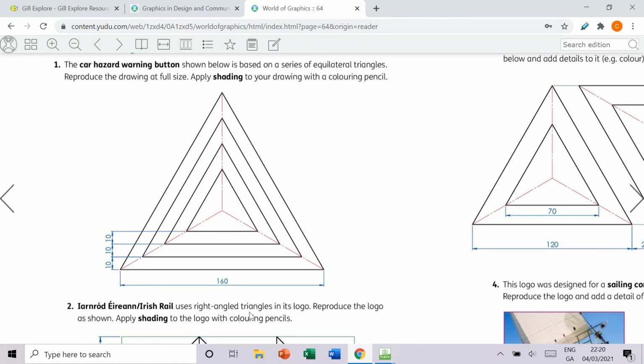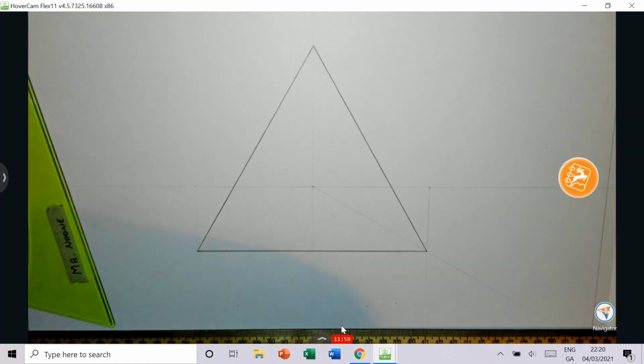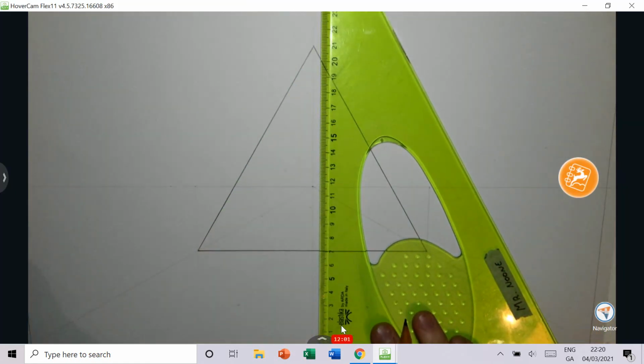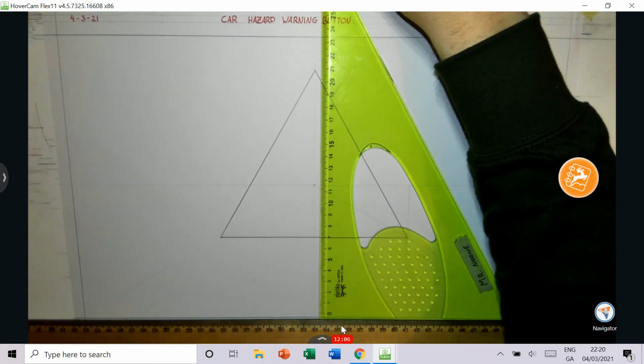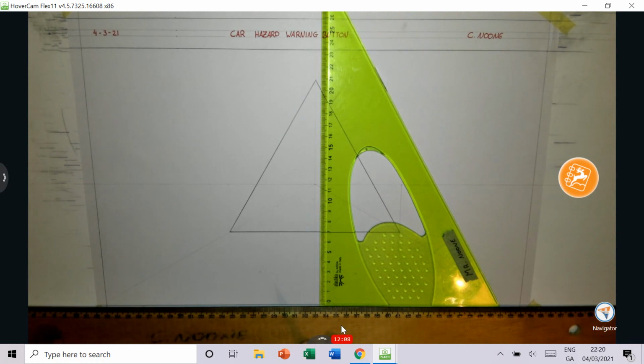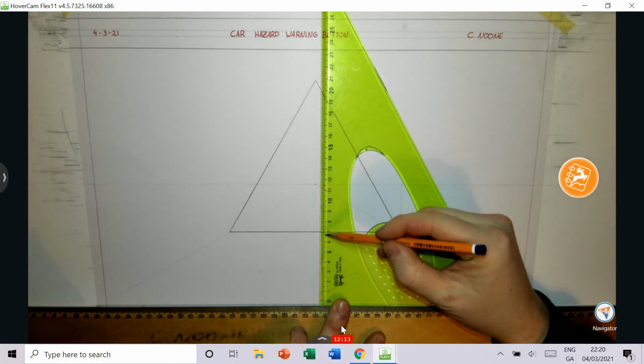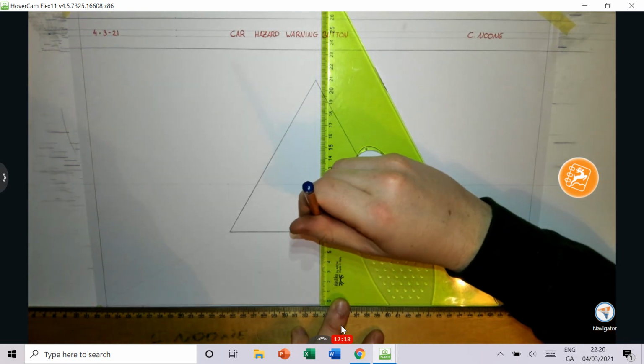Okay, so we have the first equilateral triangle drawn. It should be pretty straightforward from here. So what I'm going to do is measure up 10 mil, 10 mil, and 10 mil. To do so, I'm lining up a whole number on my set square. So just to show you what I'm doing down here as well, I have my t-square left horizontally on my table, and I'm lining up a whole number here so that I can now measure up 10,